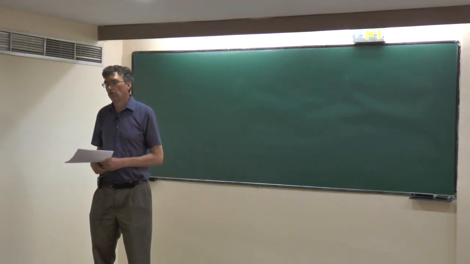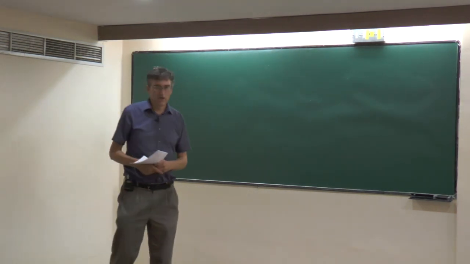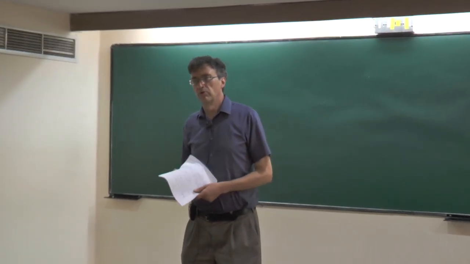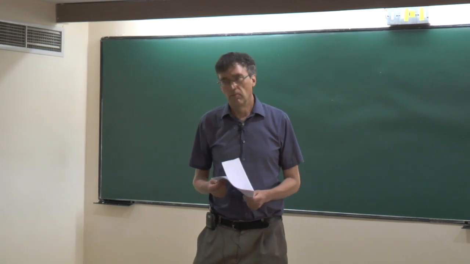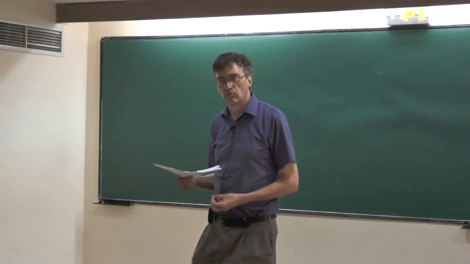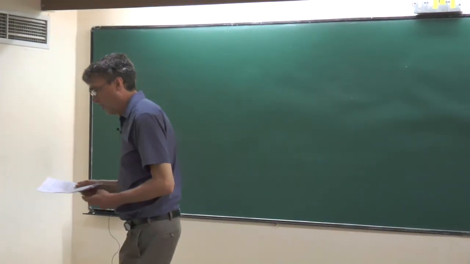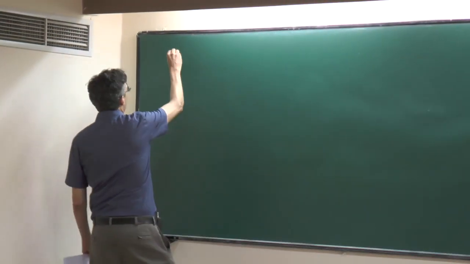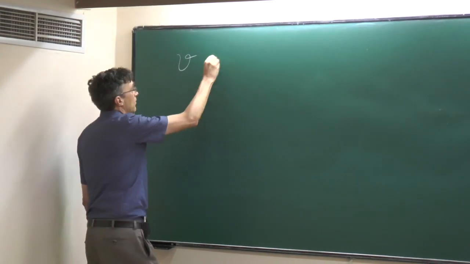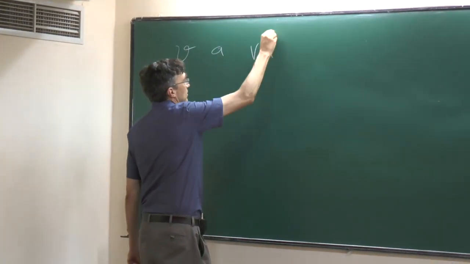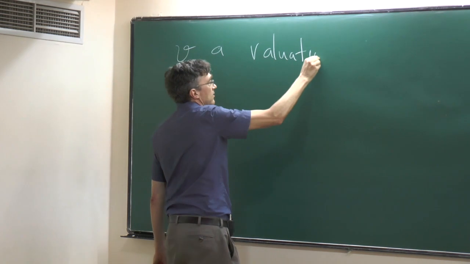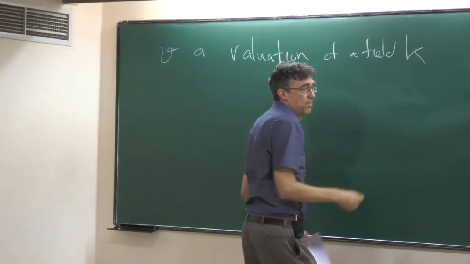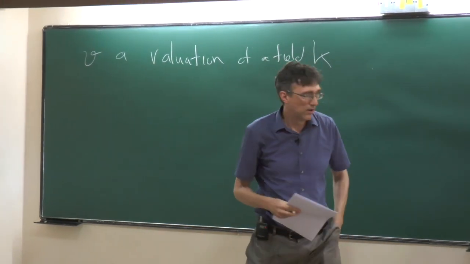So I'm going to start talking about things that appear to be just purely this kind of valuation theory and commutative algebra, and I'll be able to give at least one application to local uniformization or local resolution of singularities. Okay, so the setup is I'll take V to be a valuation of a field K, and let me